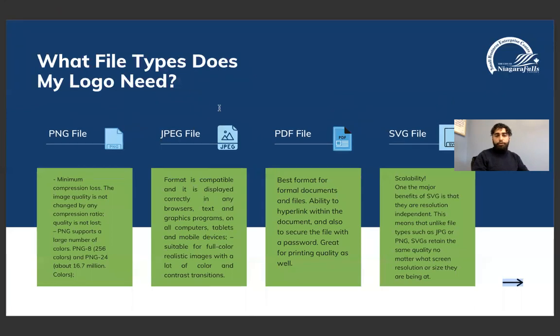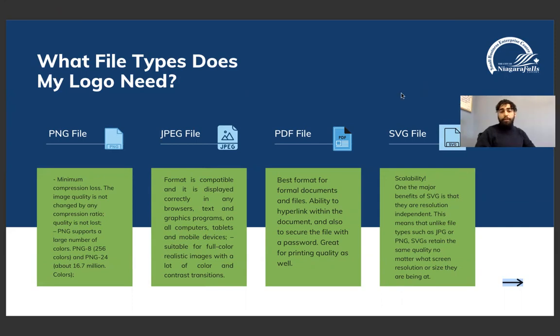And just quickly to round this portion off, guys, a PDF file is something you think of more in a formal manner, and a lot of times you're associating it with print. So PDF is great because you're able to include things such as a clickable hyperlink in your photo. So if you were to give a presentation or send someone a document, you can link something in the PDF file that they can actually press to go to another version. And it's also something for security purposes that you can lock with a password. So you can protect it if you want only certain eyes to be able to see it.